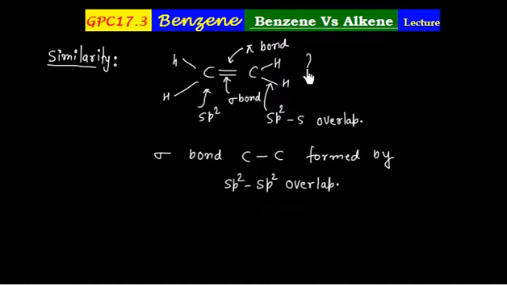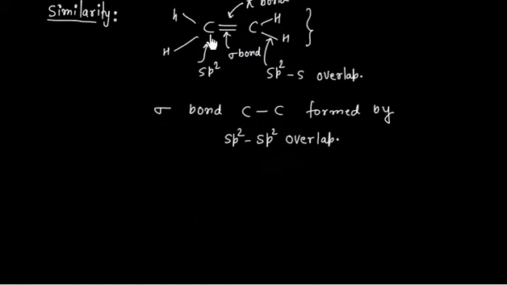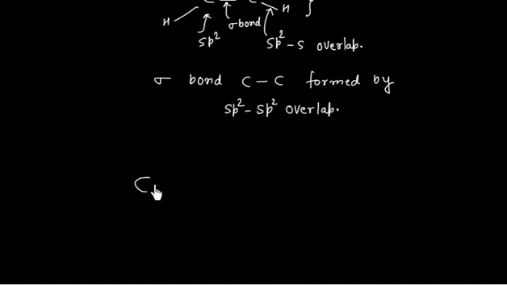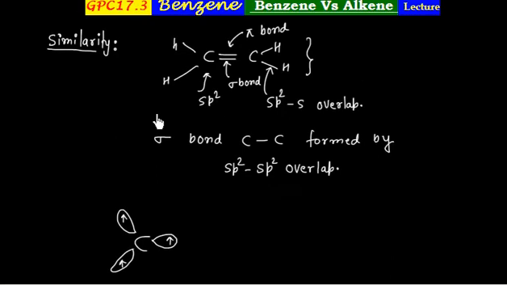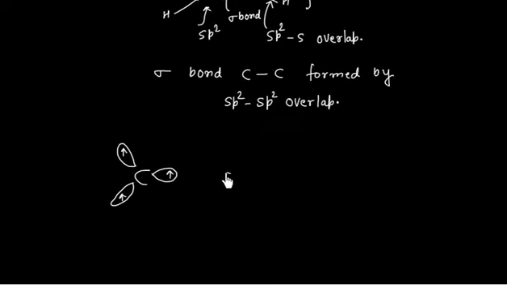Let us see the orbital picture diagram for this molecule. This carbon has 3 sp2 lobes, 1 sp2, another sp2, and on this side we have 1 sp2. So this carbon has 3 sp2 lobes. Each sp2 lobe has 1 electron. This carbon is also sp2 hybridized. We have hydrogen, 4 hydrogens.